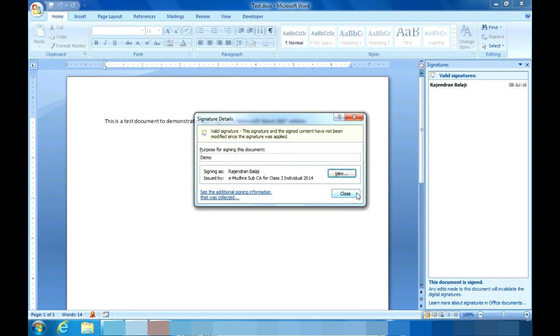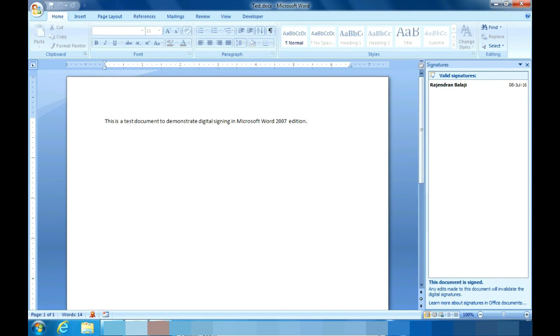So now we have successfully appended a digital signature to this Microsoft Word document. In this version of Microsoft Word, if you try to change the content after digital signing, it will not take it. So let us try typing something here. As I am typing, you can see at the bottom, this modification is not allowed since the selection is blocked. So this is the message Microsoft Word 2007 says here.